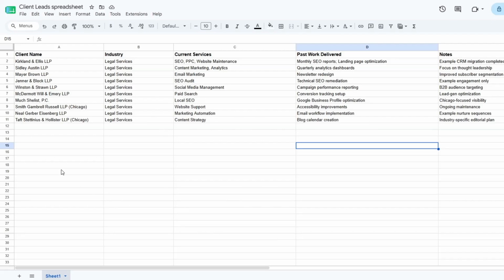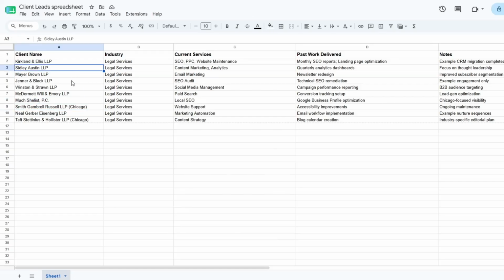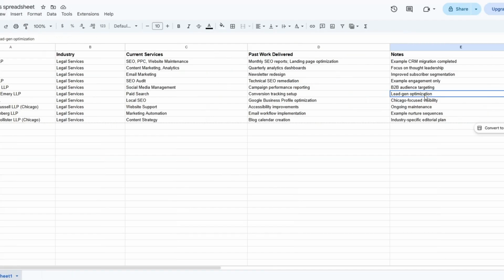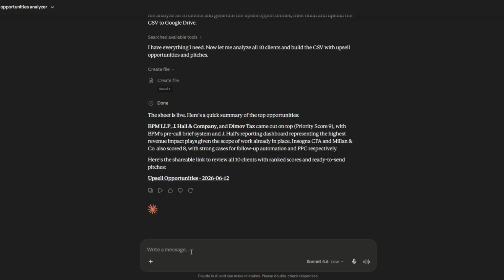Now for the spreadsheet, I've updated it with the new list of clients right here. So here are their client names, their company names, the industry, the service that they offer, the work that we've delivered, and a couple of notes for Claude to use to find upsell opportunities for these clients. We added a couple of law firms right here. So now, to find upsell opportunities for these clients and generate an outreach email upselling these clients on the new offer that we found using Claude,